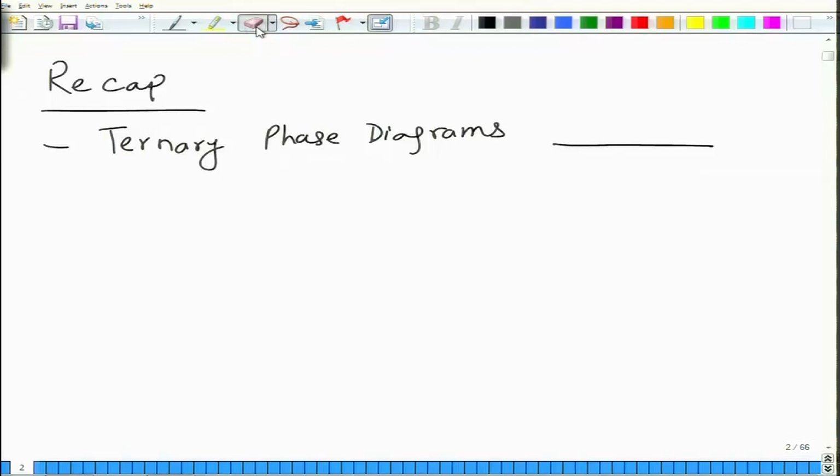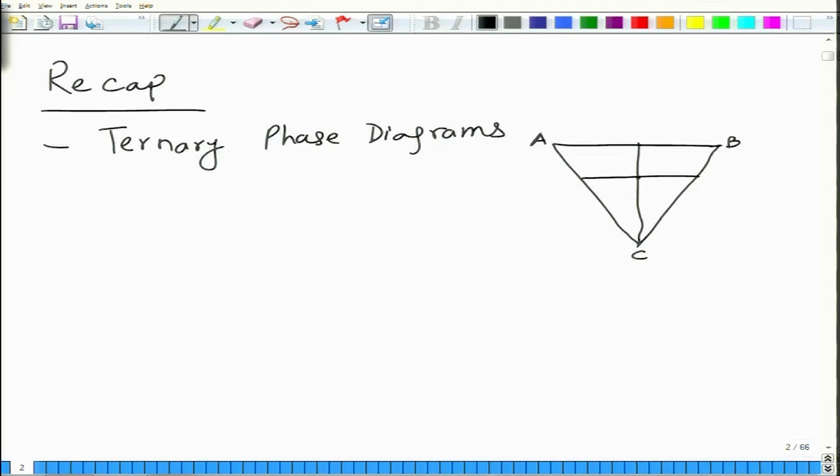line, what is the line of fixed composition, what is the horizontal line parallel to any particular side of the triangle. So basically, a ternary is represented by these equilateral triangles, where the three corners represent the pure components A, B, and C, and you can determine the alloy composition by reading from the phase diagram. You can make alloys with a fixed composition of, say, one element, in this